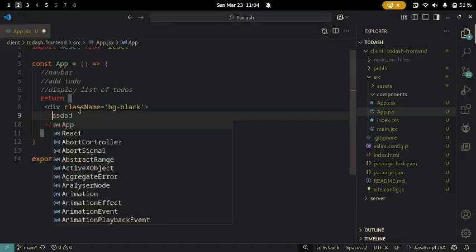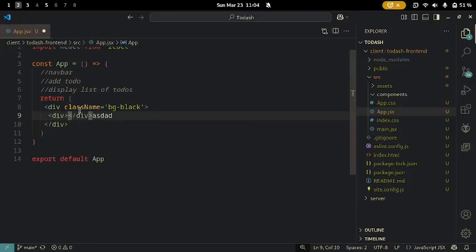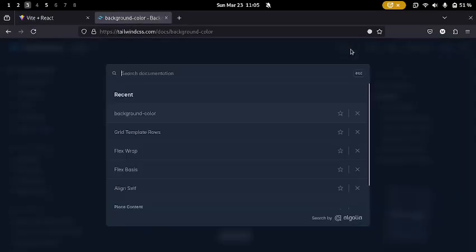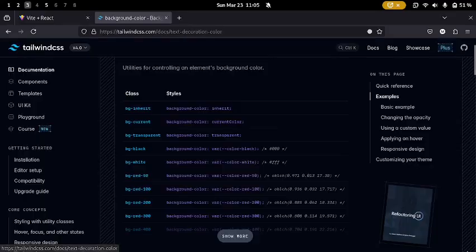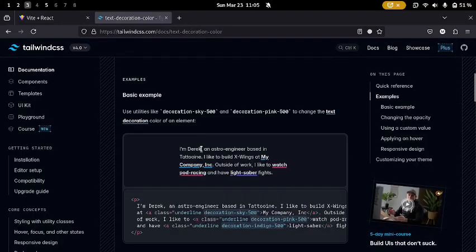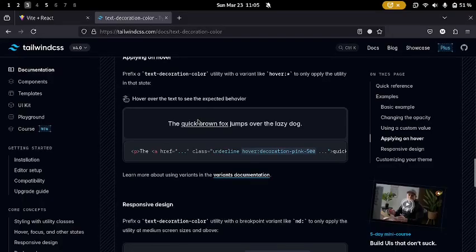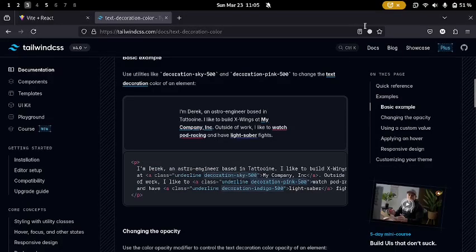So you can see we can put this inside a separate div, and then we can give this div also a className. Now here we have given a background color as black. How do we affect the text color? So I'll just go here, I'll simply search Control K, text color, text decoration color, and then I go here, it says decoration. I don't really, no, not the text decoration color, I need just color,